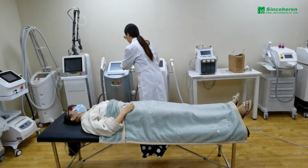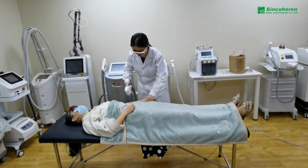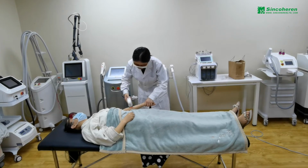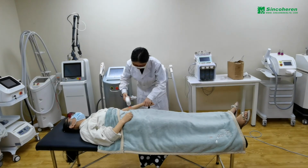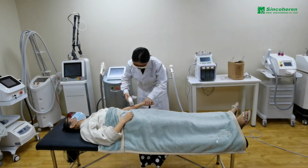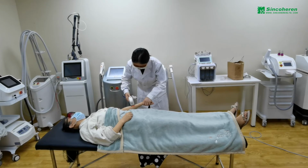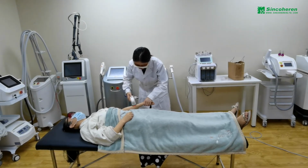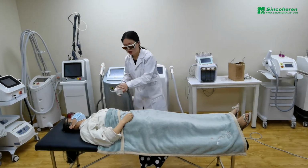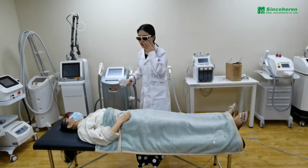Okay, let's start. Ready? You can see the IPL treatment is spot by spot. Each time, please do not overlap by more than 1/3. The traditional IPL treatment takes a long time for whole arms, whole legs, whole body treatment. But